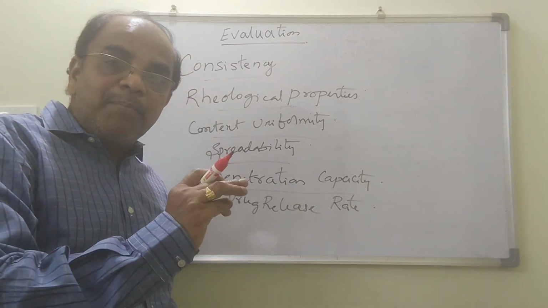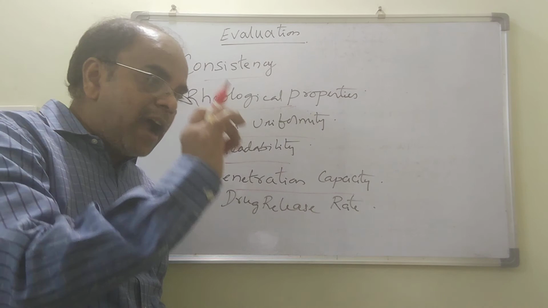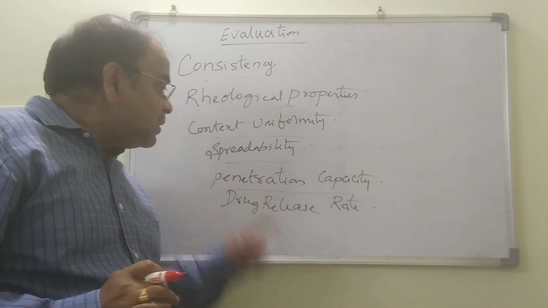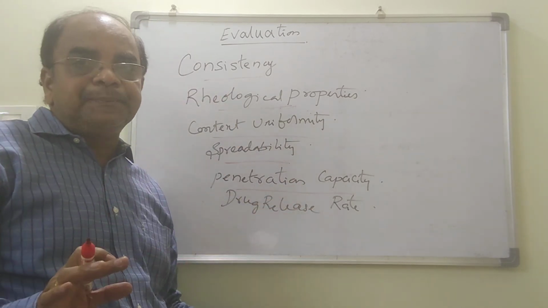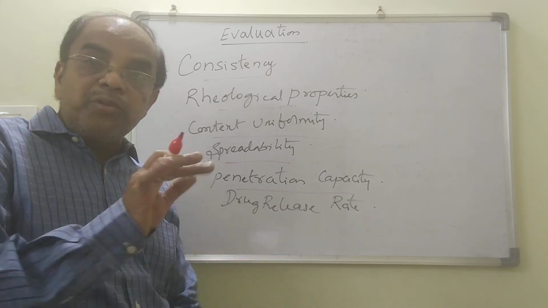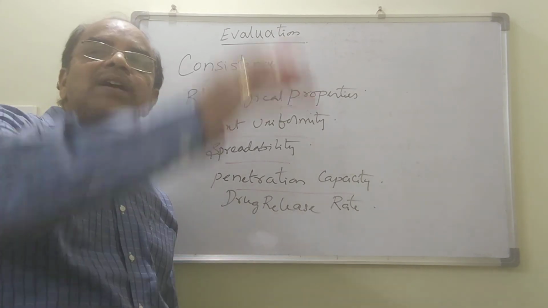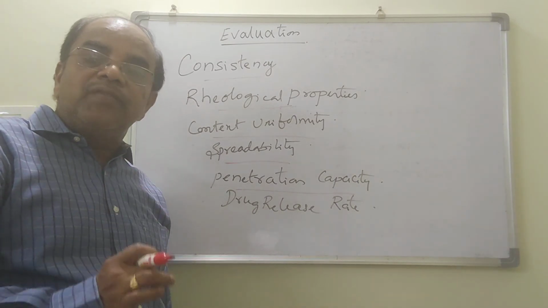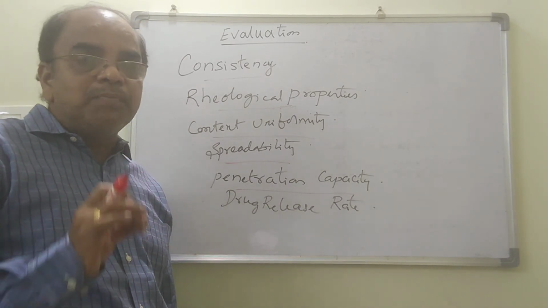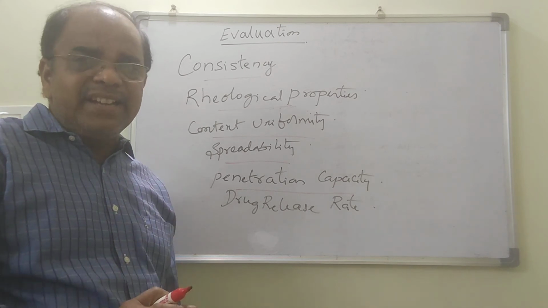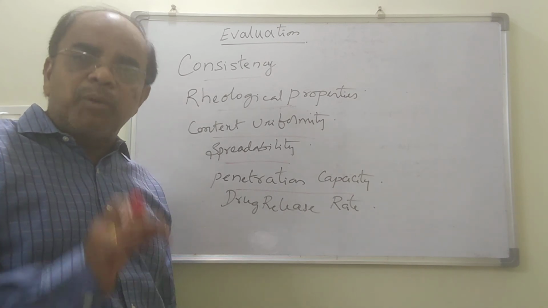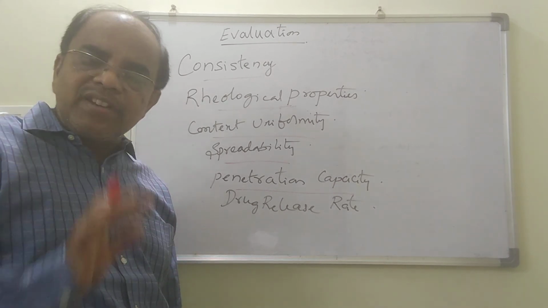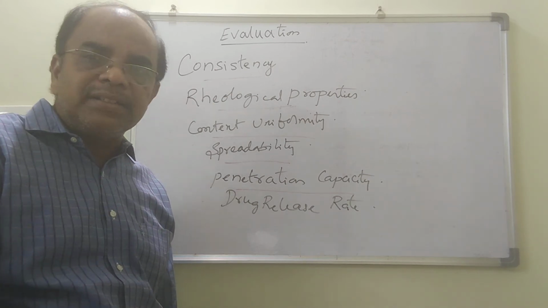For example, you are using the hydrocarbon base, oleaginous base. The capacity of penetration is very, very less. Only for superficial action. You are using the PEG base. More amount of the drug is penetrating through the skin. Okay, ointment is for the skin or mucous membrane also. Depending upon the need, if you want the internal action also, proceed for the PEGs. You want only superficial action, proceed for the hydrocarbon bases.